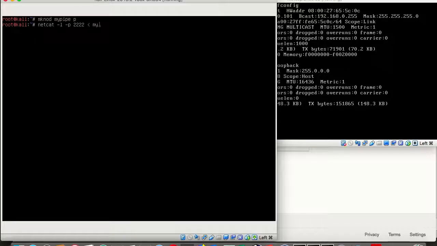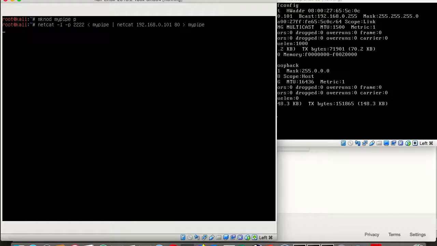It's gonna read whatever is in the pipe, and then pass any output to the second Netcat, which is gonna be a client now. And we're gonna connect to the Metasploitable 101 on port 80, and whatever it receives, send it to the pipe. So this means the first Netcat is gonna be a server listening on port 2222, while the second one is gonna connect to Metasploitable on port 80.